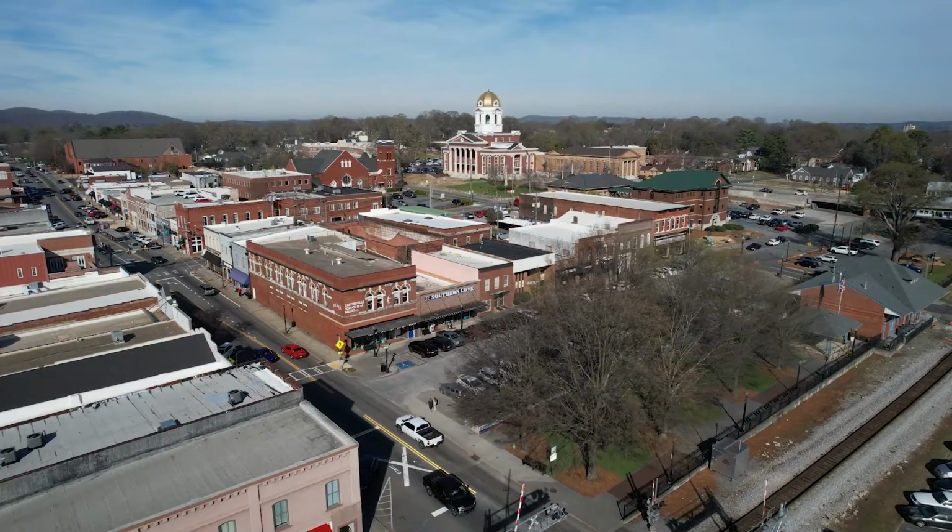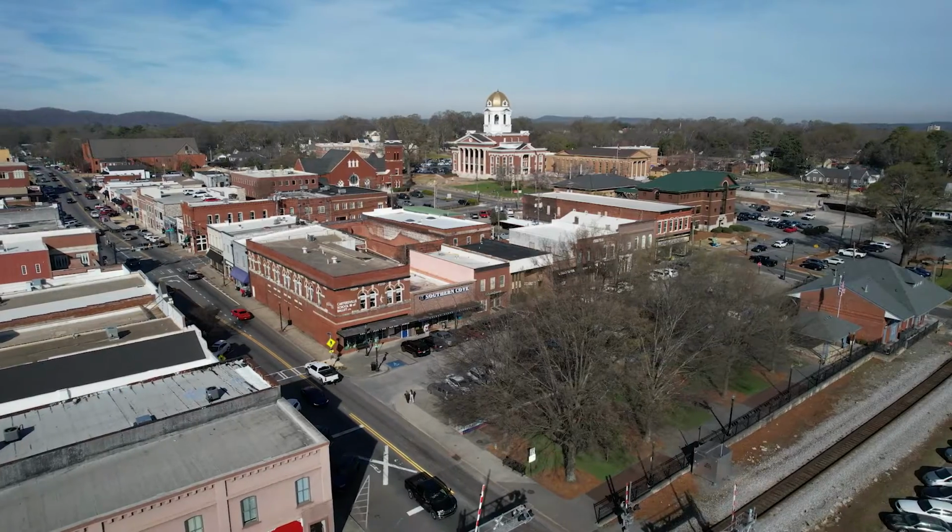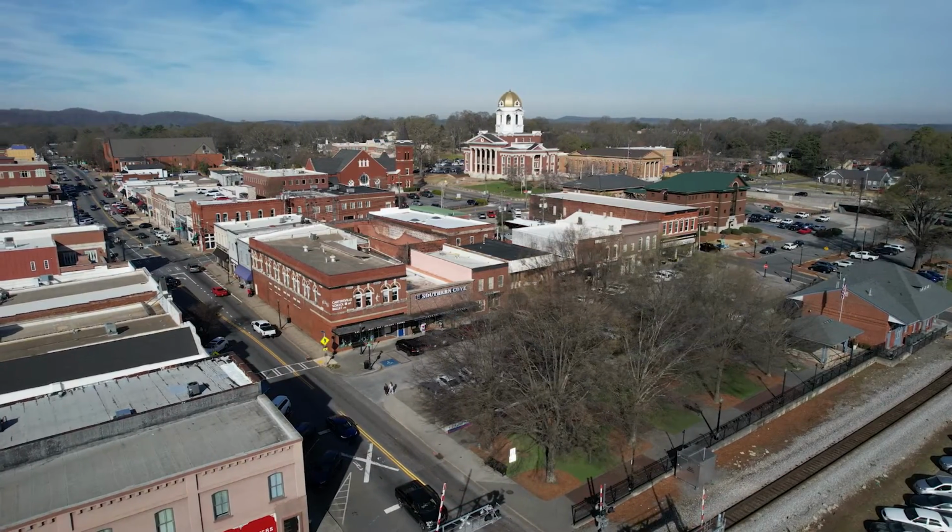In suburbs like Marietta or Alpharetta or Johns Creek, it is not possible to find homes that are move-in ready below $300,000. Not even possible. Don't even think about it. But in Cartersville, it's totally doable to find those move-in ready homes below $300,000, as low as about $250,000. If you look at anything lower than $250,000, you might be looking at some fixer-uppers, but it's totally possible in Cartersville,